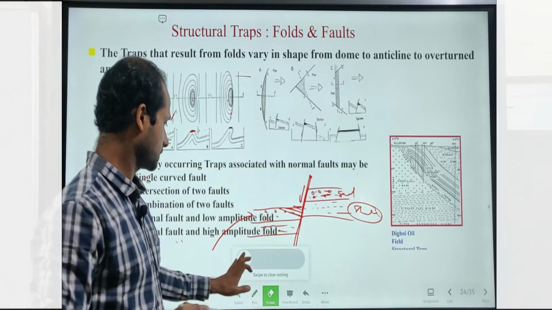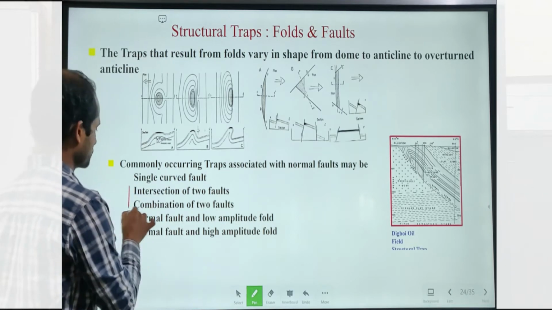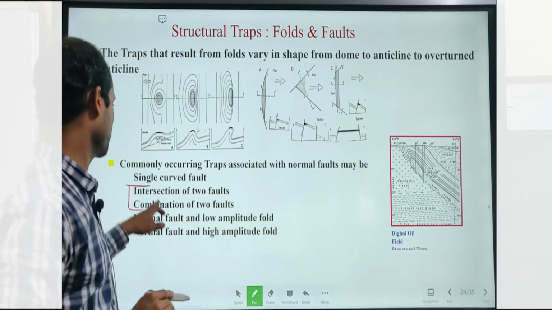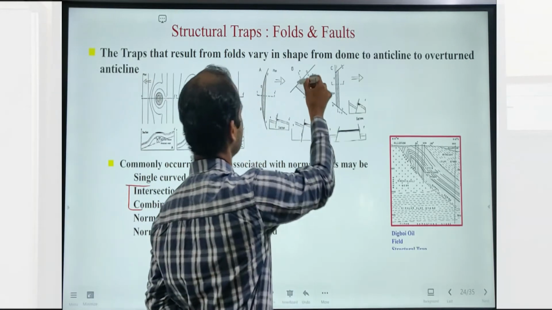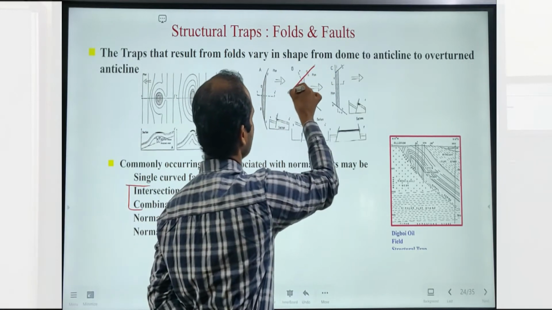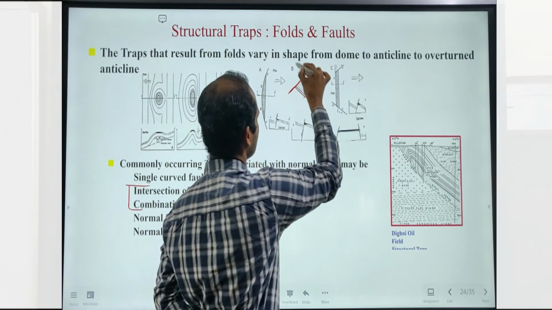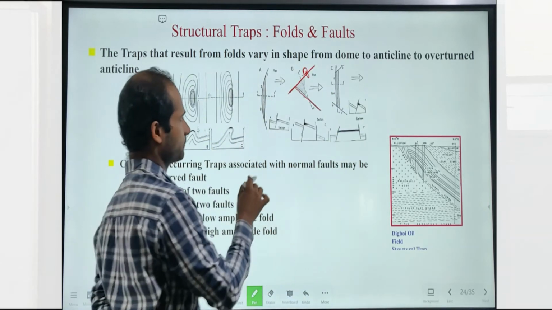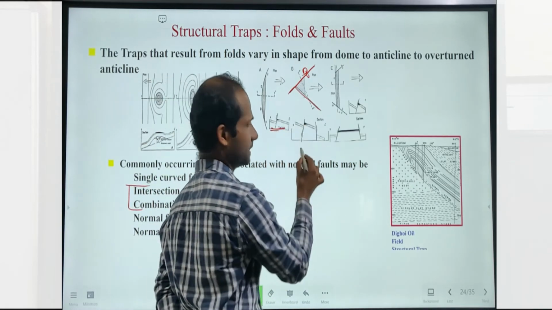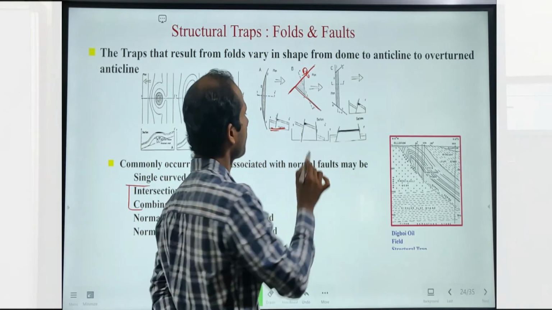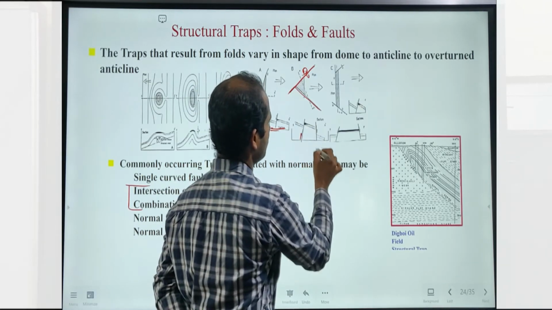Then next comes entrapment which is associated with a combination of two faults, intersection or combination. In that case also, over here you can see this is one fault and this is one fault, this is the upthrown side, this is the downthrown side. Similar to what we have already discussed, and over here I think it is visible to all of you. So these are two faults,